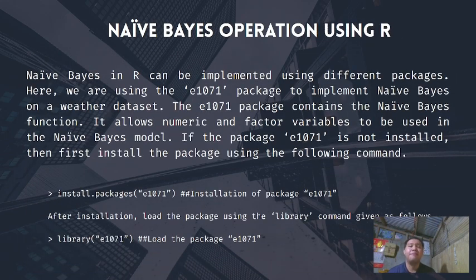Now we'll use the naive Bayes operation in R. Naive Bayes in R can be implemented using different packages. However, in this section, we are using the e1071 package to implement the naive Bayes function on the weather dataset. The e1071 package contains naive Bayes functions, which allow numeric and factor variables to be used in the naive Bayes model. If the package e1071 is not installed, then you will first install the package by using the command